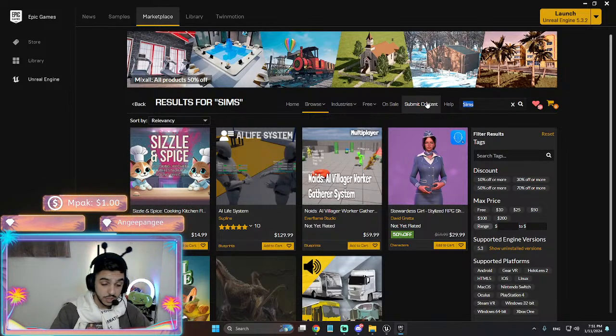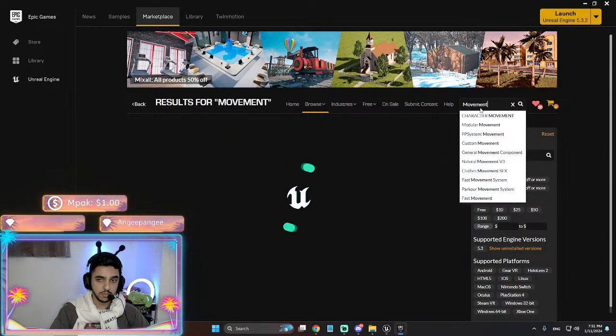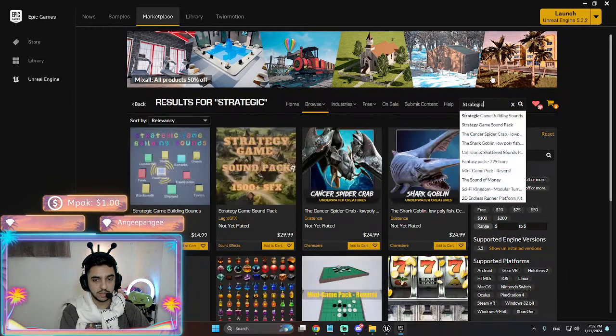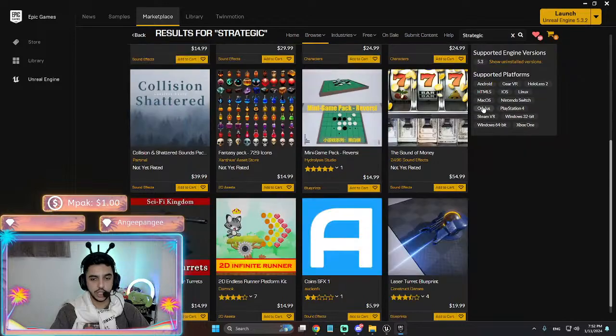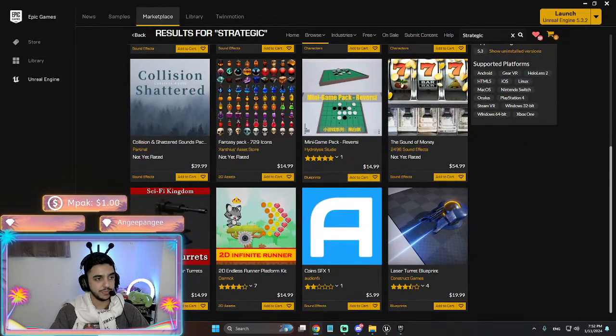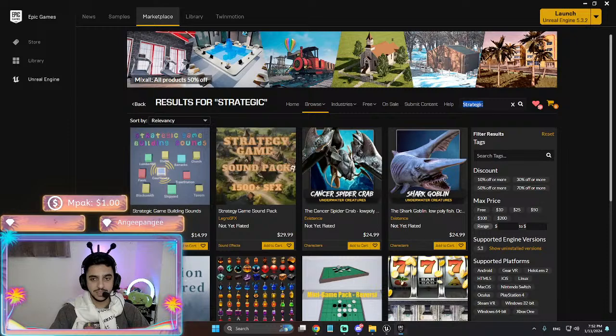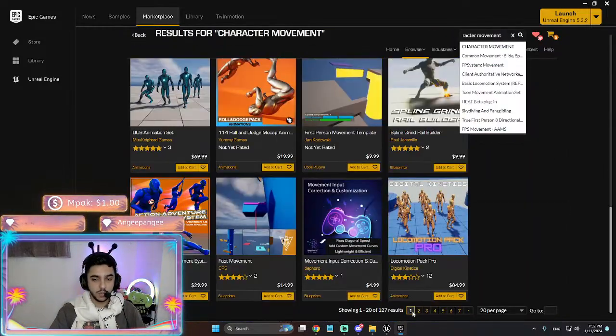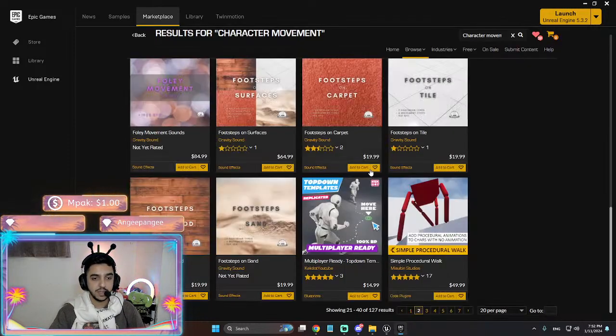Oh, maybe movement or strategic. Yeah, this is weird. Character movement. Alright, I'm gonna see if there's anything like what I have. Simple procedural walk.